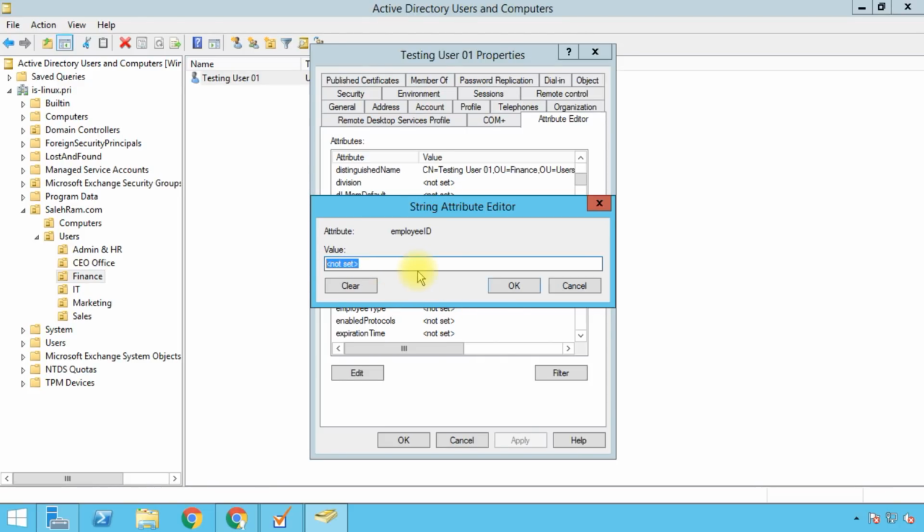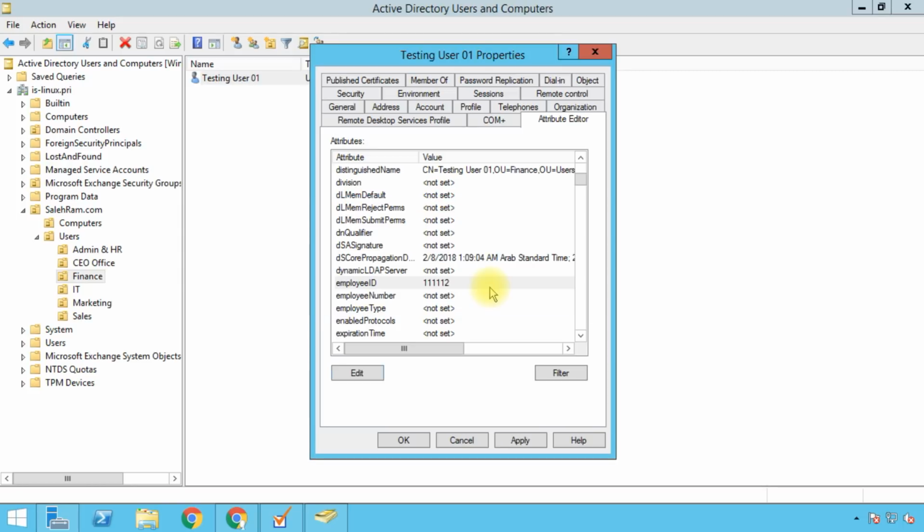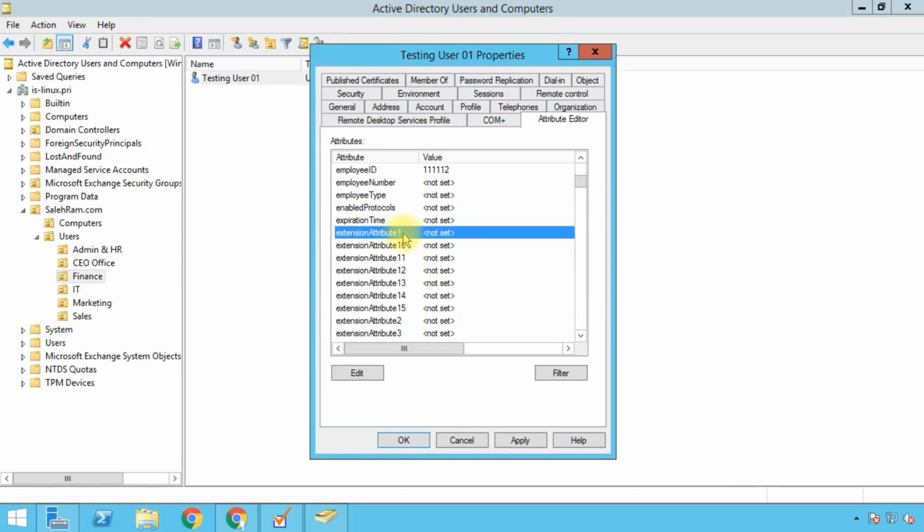So let's type a value of 7112, and then if you scroll down a little bit, you will see the extension attribute 1, and then I think up to 15. These are extra attributes, basically custom attributes you can use. You can assign whatever value you want to these attributes, and if you wanted, you can use them in the GCDS tool. You can sync whatever value in this attribute, for example, to a corresponding field or value in G